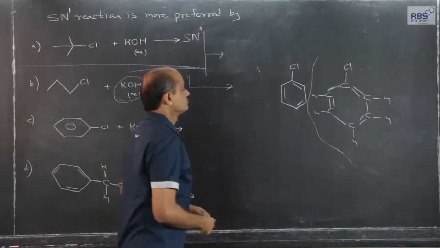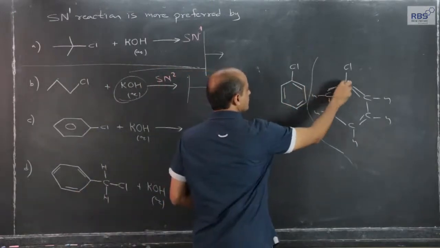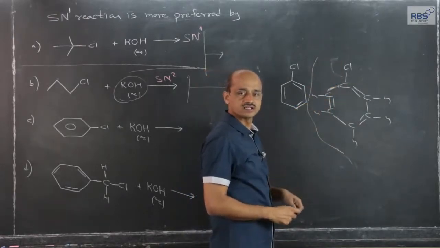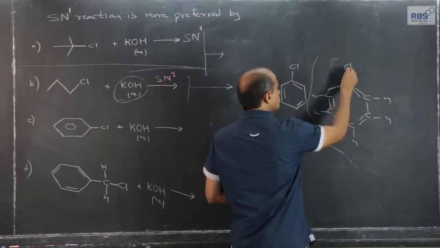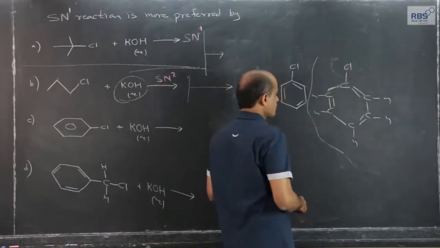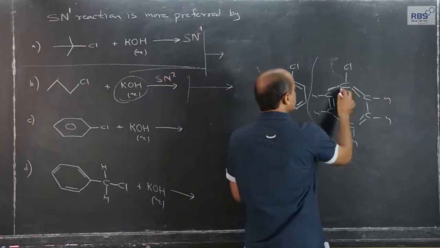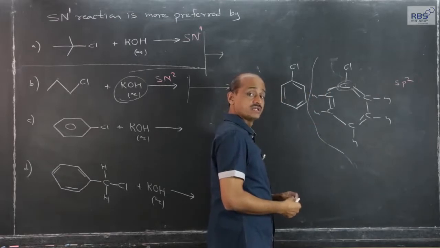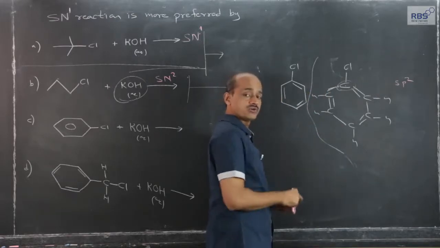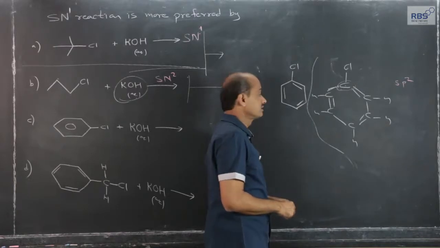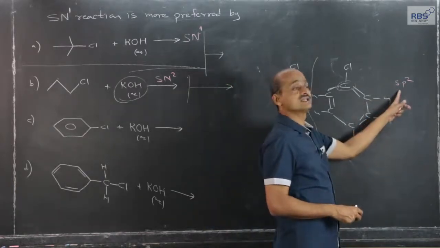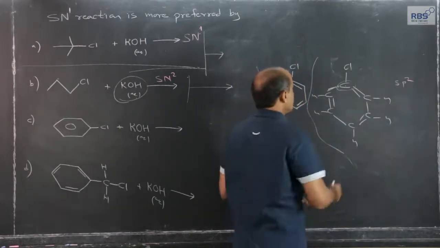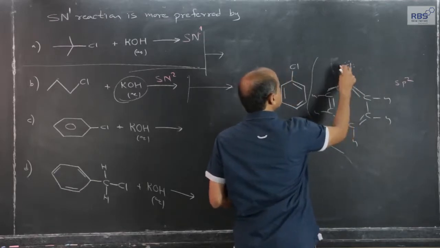Same thing I have written here. Because one nucleophile attacks this carbon and this goes out, and especially if this is chlorine or any other halogen, the carbon-chlorine bond is very strong. Why is it strong? The first reason, this carbon is sp2 hybridized, with percentage S character more than sp3. Up till now, the examples we have considered were sp3 hybridized. sp2 contains more percentage S character, 33%. Secondly, it is part of the aromatic ring. And thirdly, 3 lone pairs on chlorine,